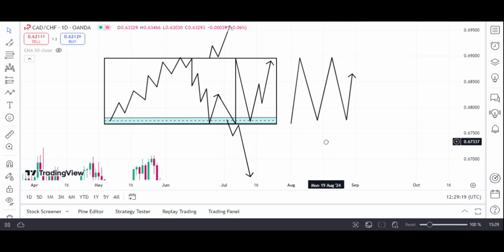But if you find this type of a market that is happening on the monthly time frame, then you have to zoom into the lower time frame, because probably on the higher time frame, you will find that this is just one candle with a long wick, another one candle with a long wick. But when you go to the lower time frame, that is the 4 hour, then you will find this market